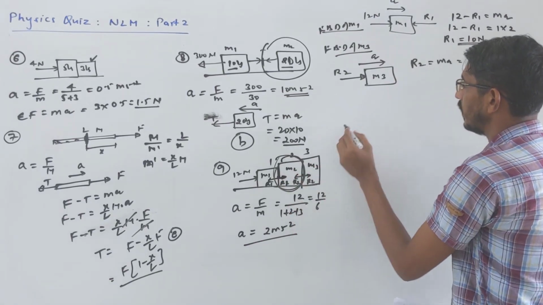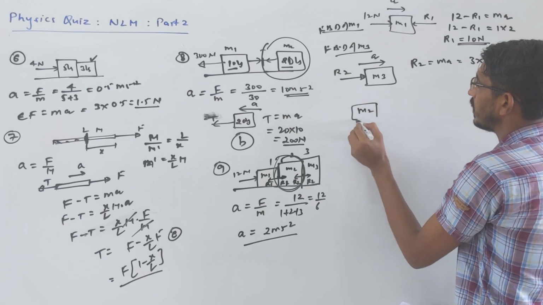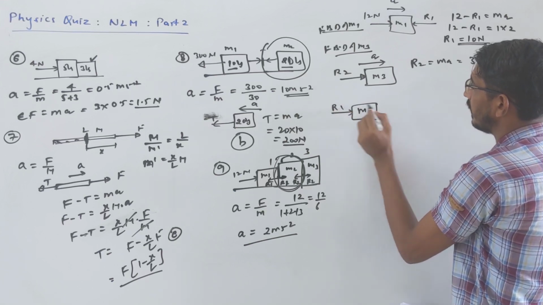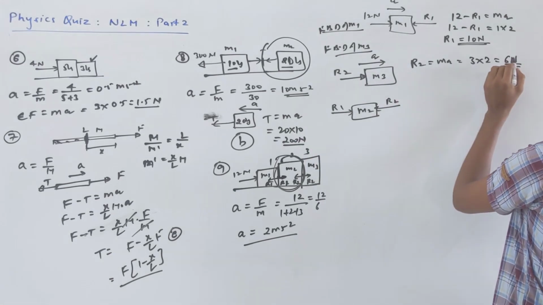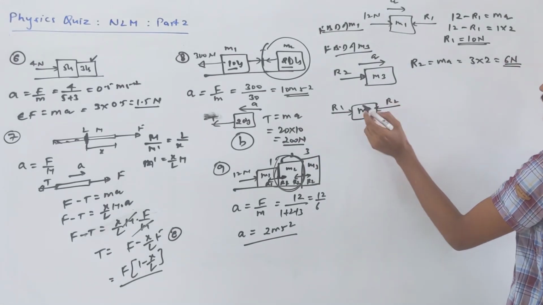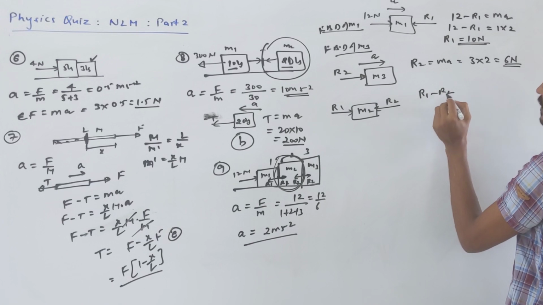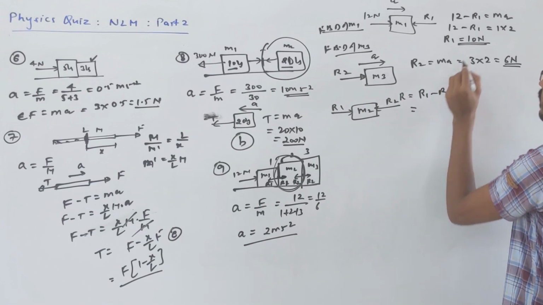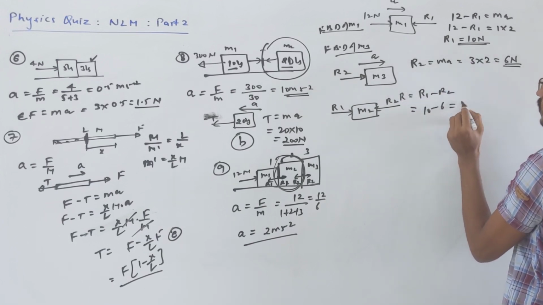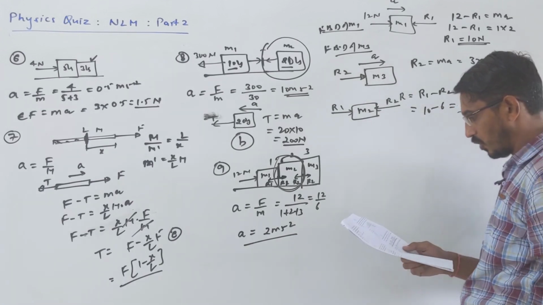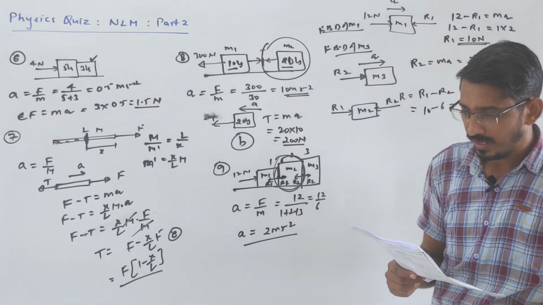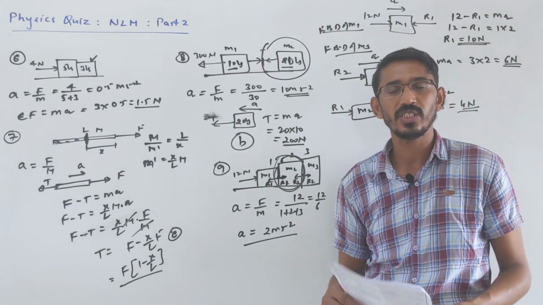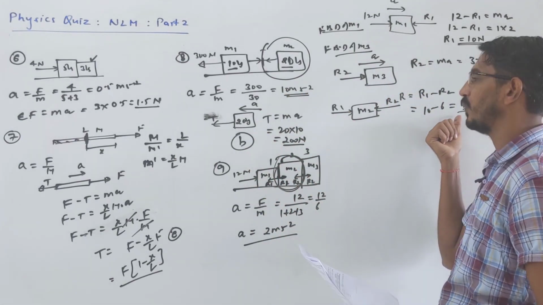So they are asking what's the contact force acting on block number 2. This block M2 has two contact forces. On this side is R1, on that side is R2. Correct? So what is the net? They are in opposite directions, so simply R1 minus R2, that's the net reaction. R1 is given 10, R2 is given 6, so it should be 4 Newton. Listen carefully, in this question the correct answer should be this one, 4 Newton.